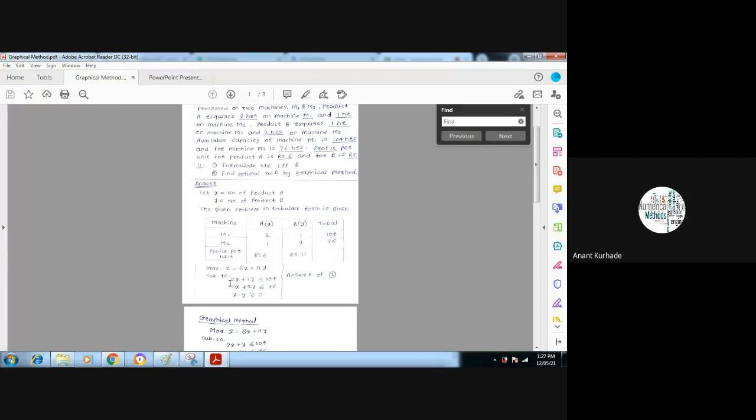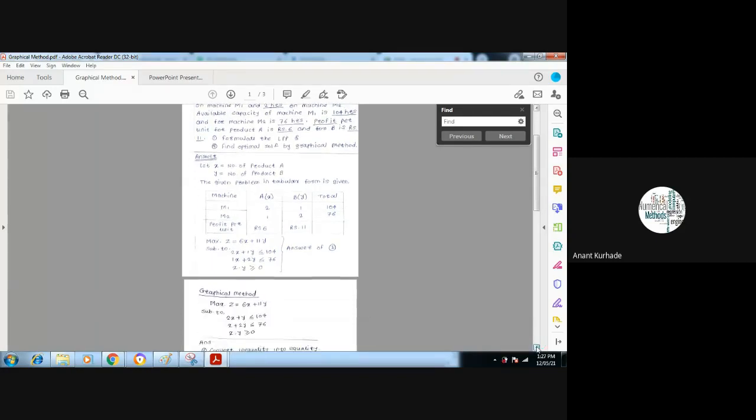Okay, you can cross check at last. That means you can solve this. You have this answer without solving by the graphical method. So you can easily find z max is equal to this. Now we have to cross check that the answer we got using the calculator should be the same by using the graphical method.